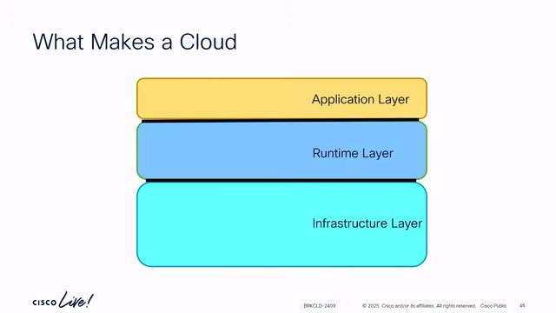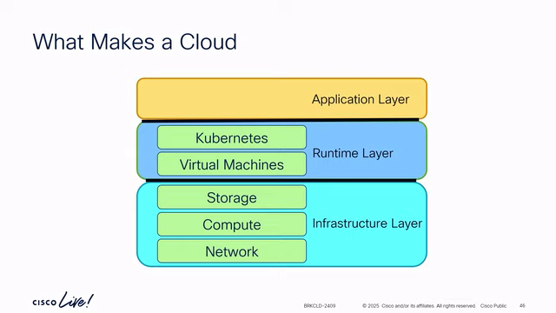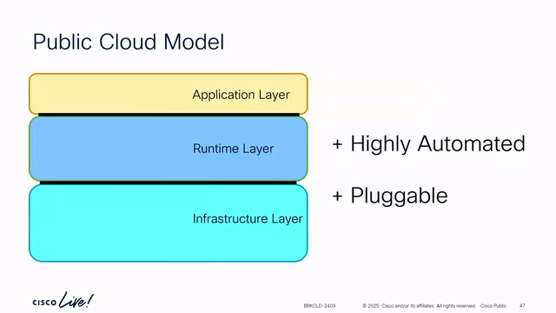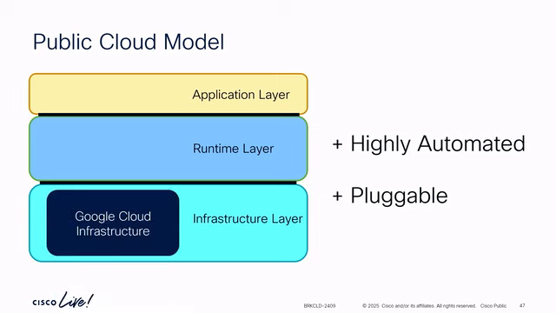What is a cloud? It's literally infrastructure, which is network, compute, storage, something on top, running workloads, virtual machines, Kubernetes, whatnot, and obviously an application. That can be a monolith, microservices, whatever, right? If we go to the public cloud, everything is highly automated, pluggable. Why? Because in the infrastructure layer, we have the same, but we don't see it. It's a service. We don't care. Again, the higher you are, the less you care about the bottom, right?